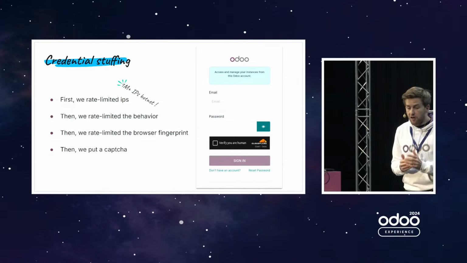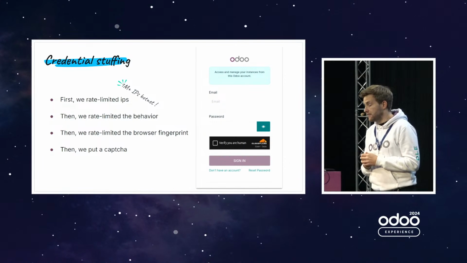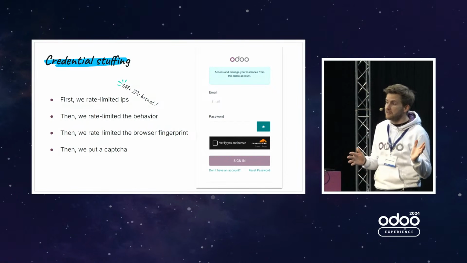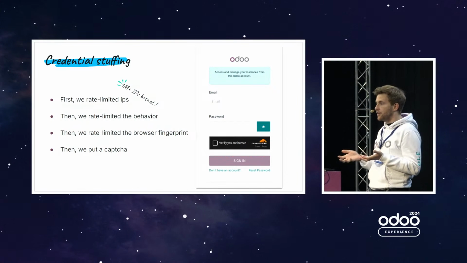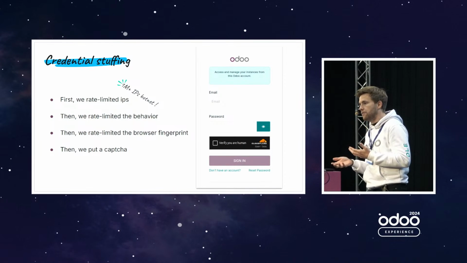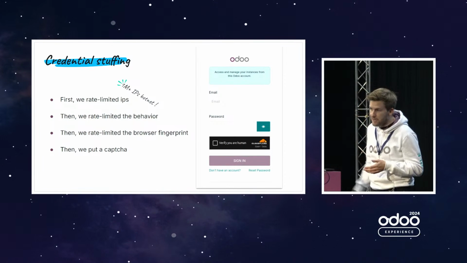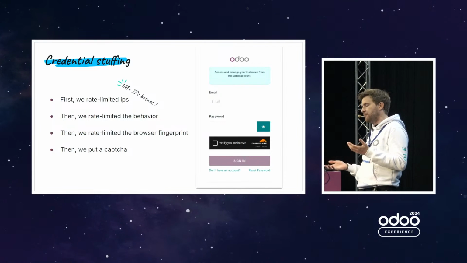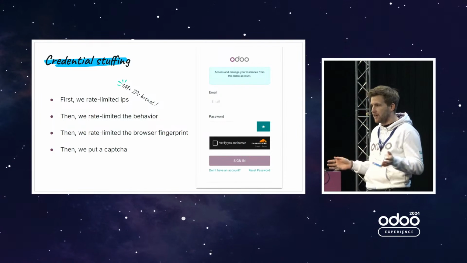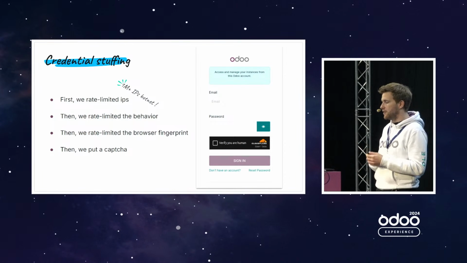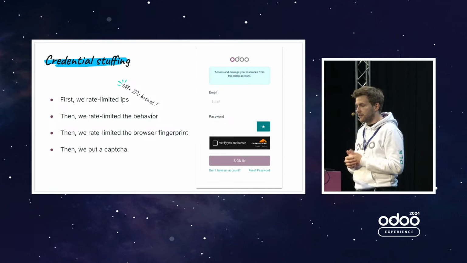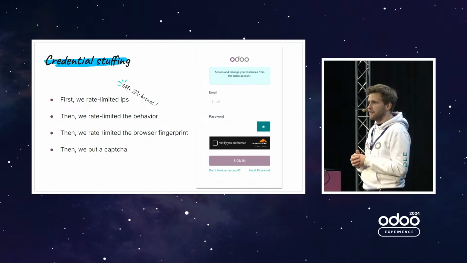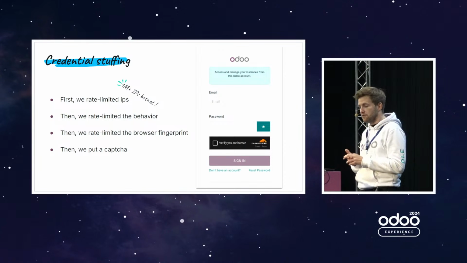We have also more and more credential stuffing attacks. Basically, it's when they get a list of credentials that they found online. In that list, there are user credentials. They are not linked to Odoo directly, but as they have millions of them, they just try them out on Odoo in the hope that one will work, because a lot of people use the same password everywhere on every account. So they try to brute force Odoo to see if one is working. And sometimes it does work, like they did a successful login once or twice.